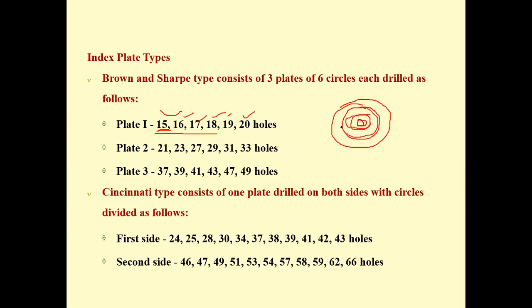So here you have a 17 and here you have 18 and one more hole set is there. So you have 19 and 20 holes. As per the number of divisions you need to make, there you need to keep the pin. So here you need to have an index crank, and here you have a pin hole. So you can insert this pin at this particular hole.